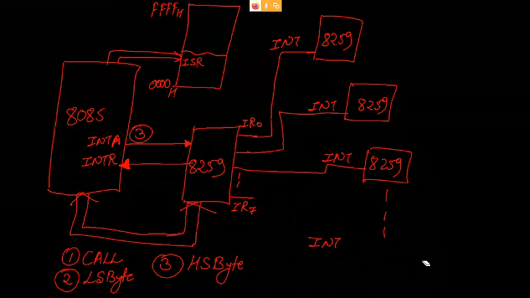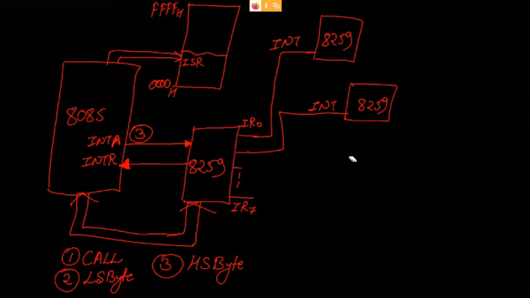It is possible that the first two interrupt lines IR0 and IR1 are connected to slave 8259s. The rest of the IR lines are connected with the device itself, suppose a printer,